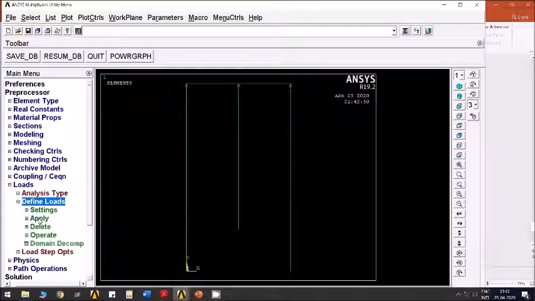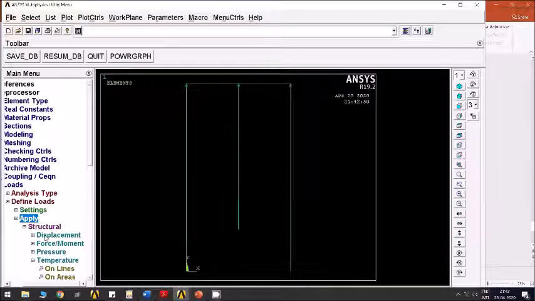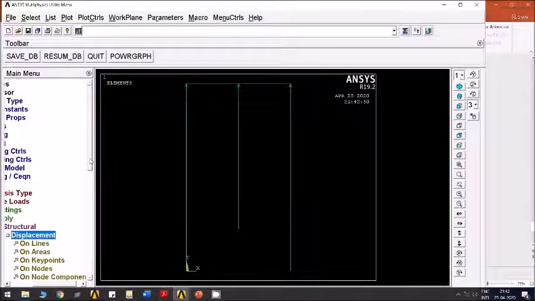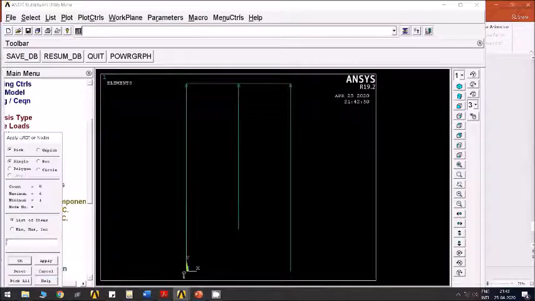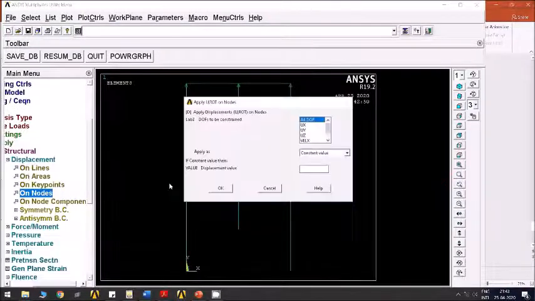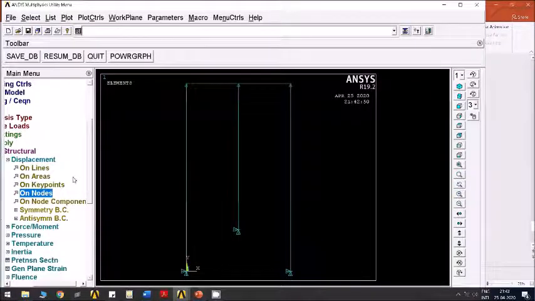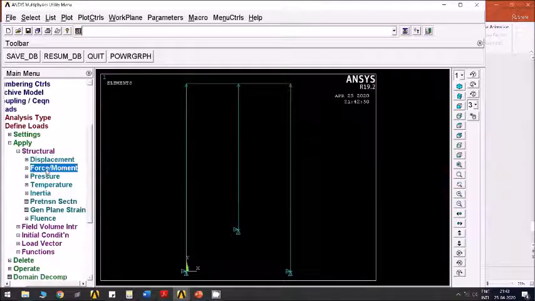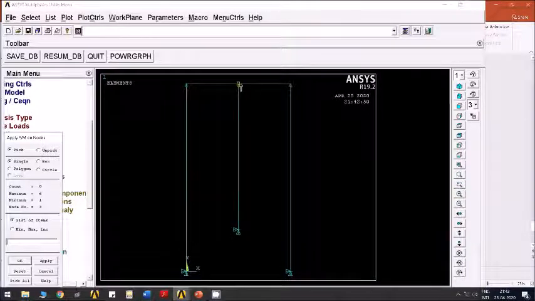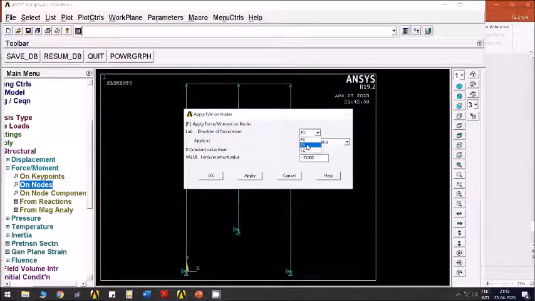So loads, define loads, apply structural displacement on nodes. Bottom 3 nodes you select and fix because they are the fixed ends, like this, and apply the load on the top node, center, or any node you can pick, and apply the load of magnitude minus 25 kilonewton E3.